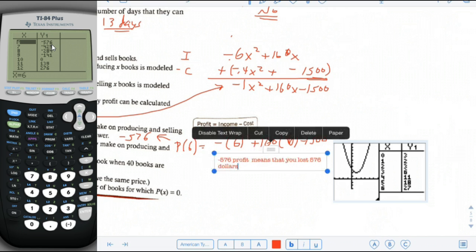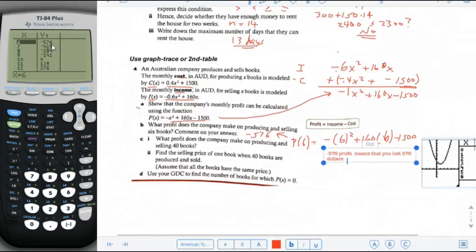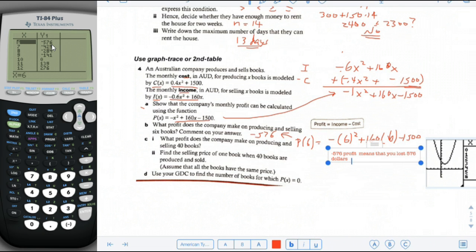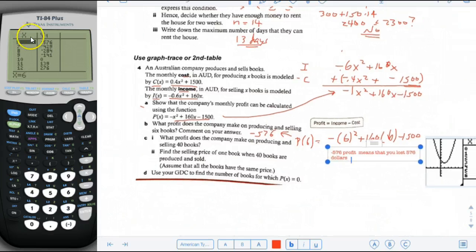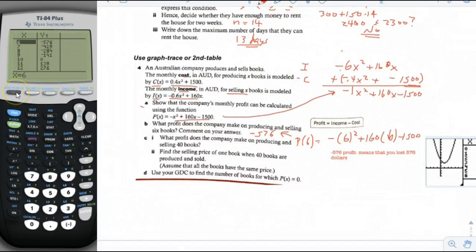Find the selling price of one book when 40 books are produced and sold. Selling price, look here, it's the income. Do you see where it says income for selling books? So selling price is not the same as profit. Okay, so what do we need to do? 40 books, selling price. Okay, so let's find the income when